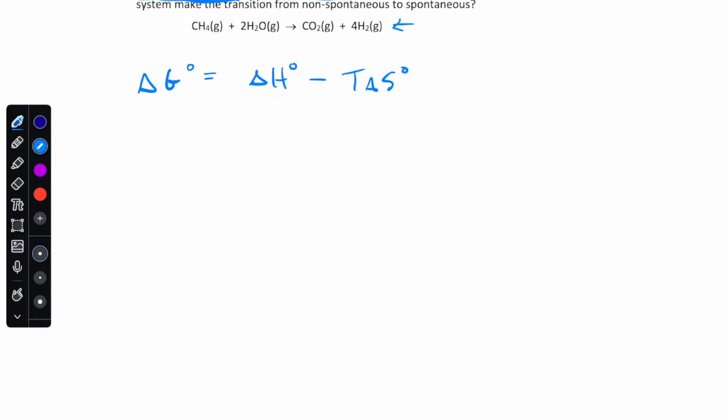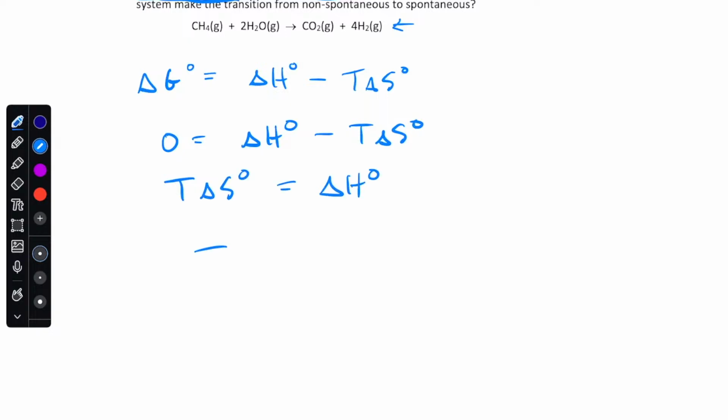So we're going to set that equal to 0. And that means that T delta S0 equals delta H0, and that our T is our delta H0 over delta S0 equals those numbers,